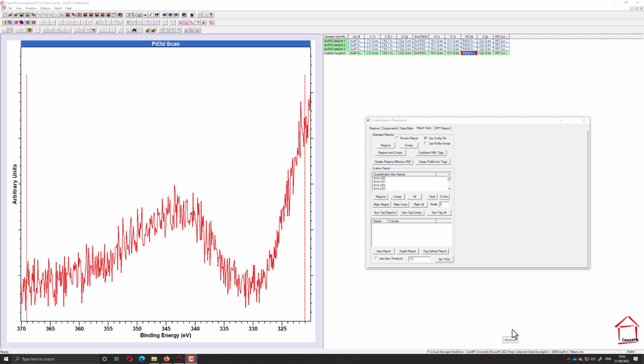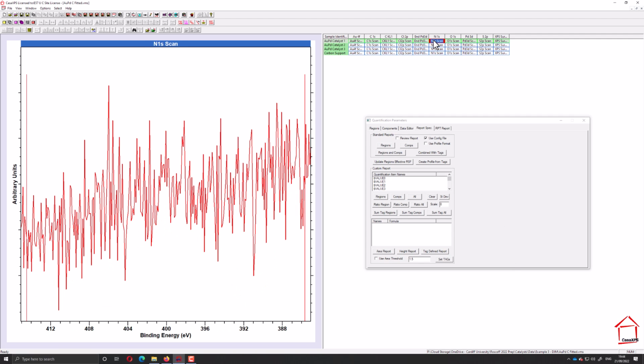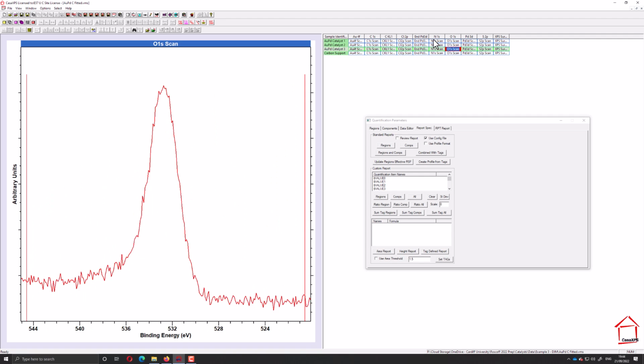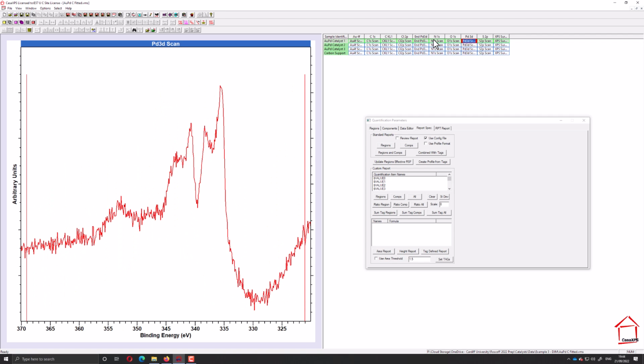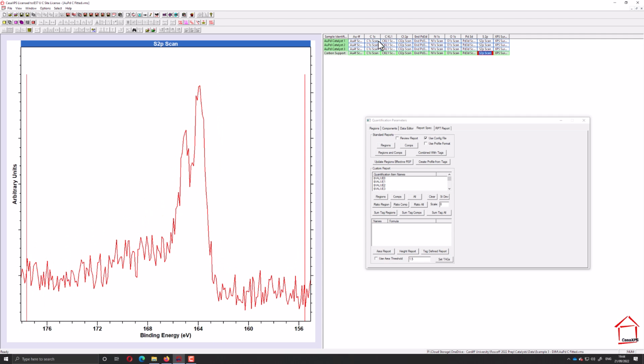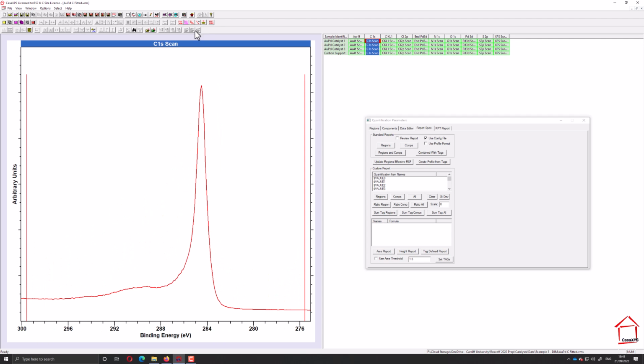The next set of data I want you to have a look at and play with is, again, a gold palladium system, but this time based on an activated carbon. So we've got a wealth of data again in this system. We can see there's no nitrogen, there's oxygen in varying concentrations. We've got our palladium, we've got sulfur in these. Our carbon, as we can see if I overlay those,